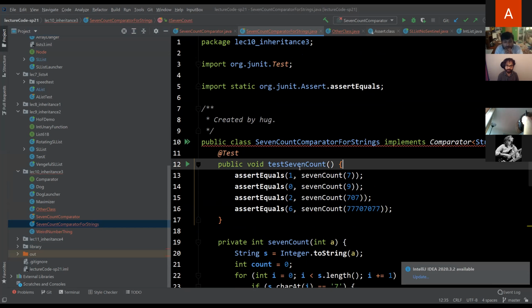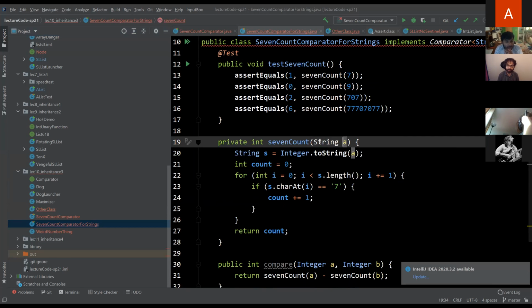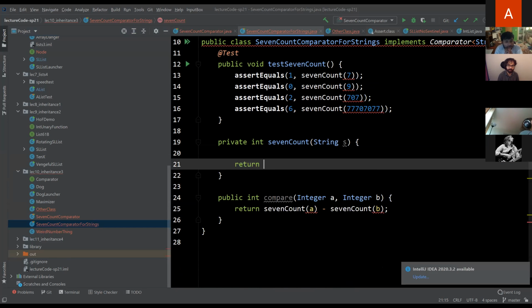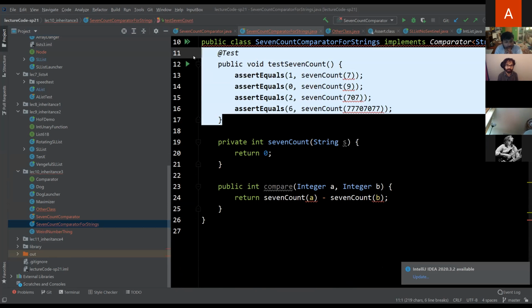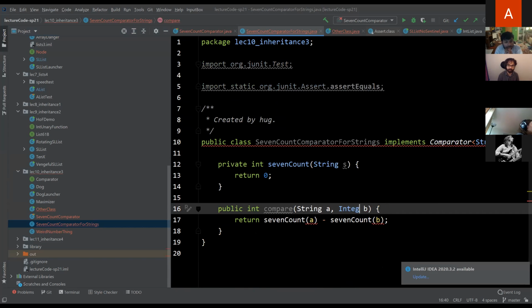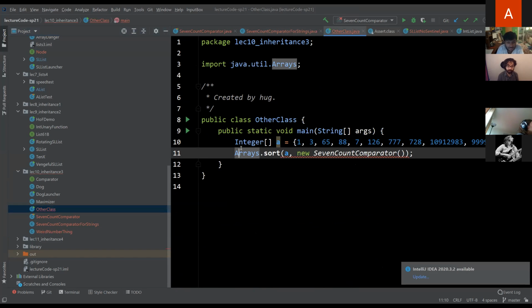Okay, great. Who cares? Test count. Sum count string s. I don't care about what you actually do, I just want you to return 0. We don't care about this test either. And we take a string and a string. Okay. And now if we go to other class,